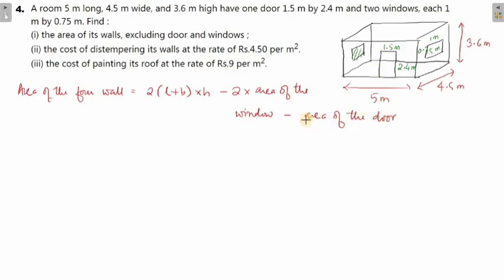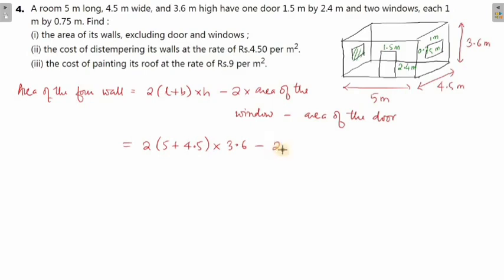Now if there are 5 doors, for example, then you have to multiply this by 5. That is the thing you need to keep in mind. So now let's put the values. 2 into (length of the wall, which is 5, plus B, the breadth, which is 4.5) into H, which is 3.6,